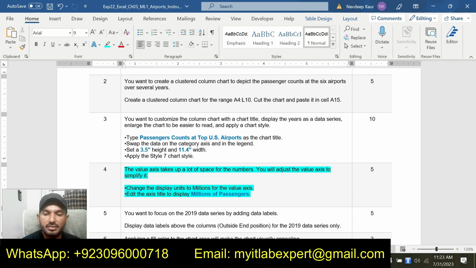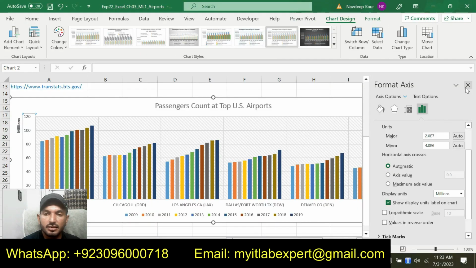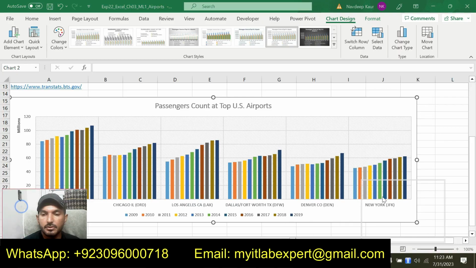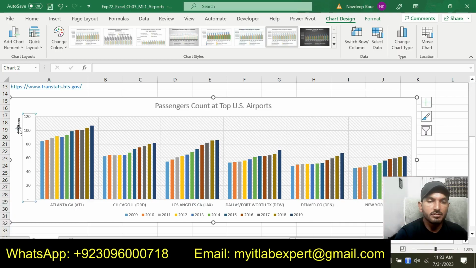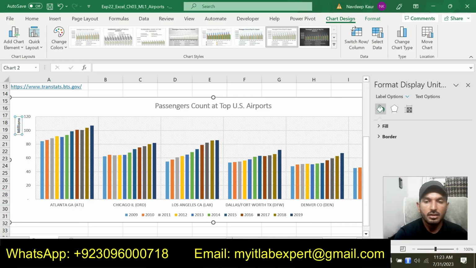And then millions of passengers as the axis title. This is the axis title, this one, and we are supposed to change this to millions of passengers.